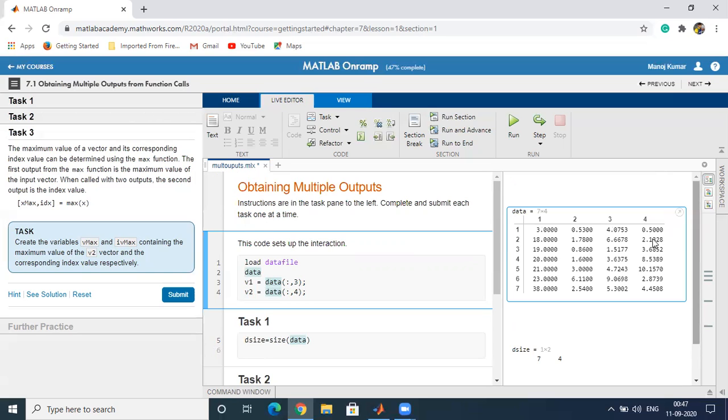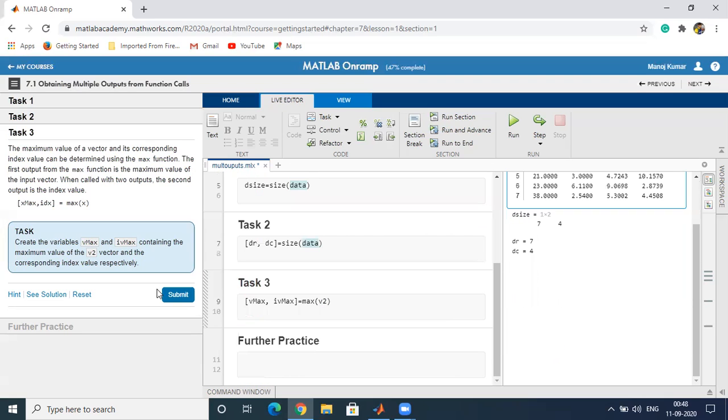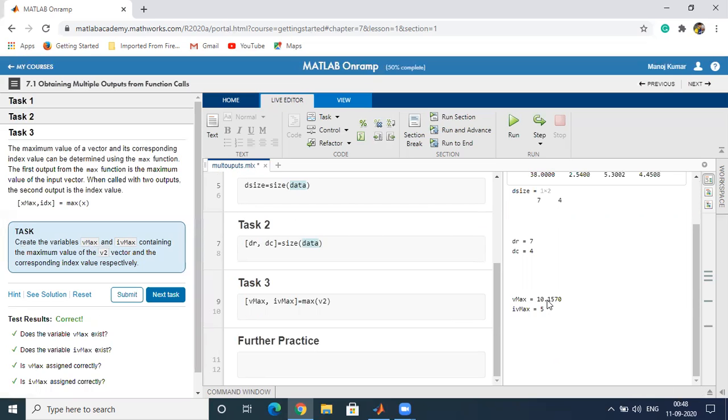So the maximum value of the v2 vector is 10.1570, and it is at the fifth place. Now let's see what the output is. Just submit. Now you can see in the result the maximum value is 10.1570 and the index is 5.